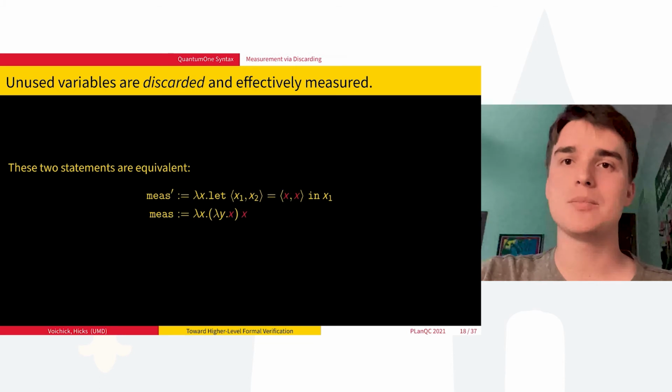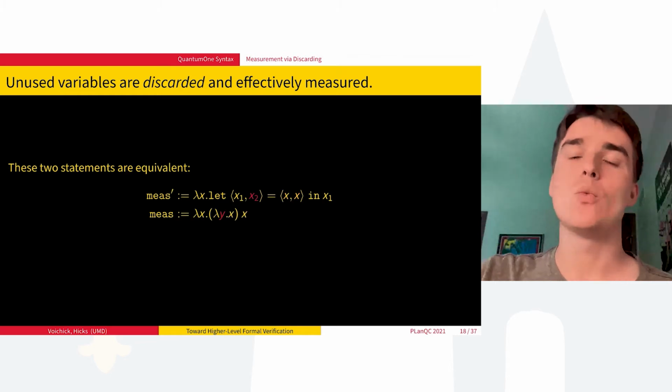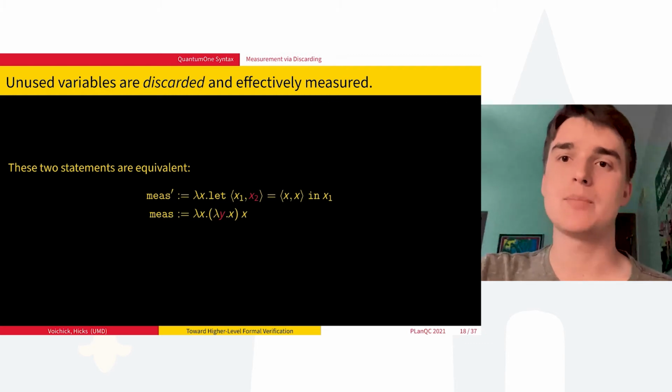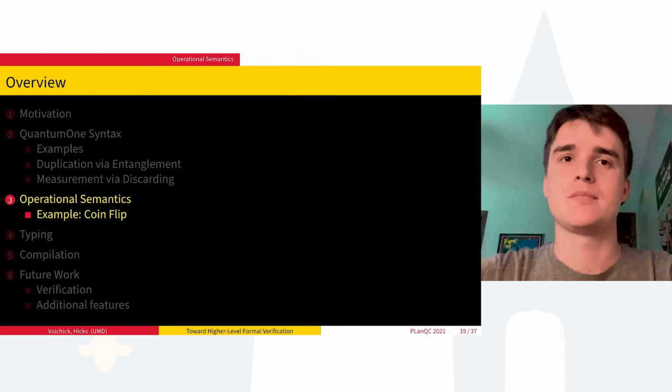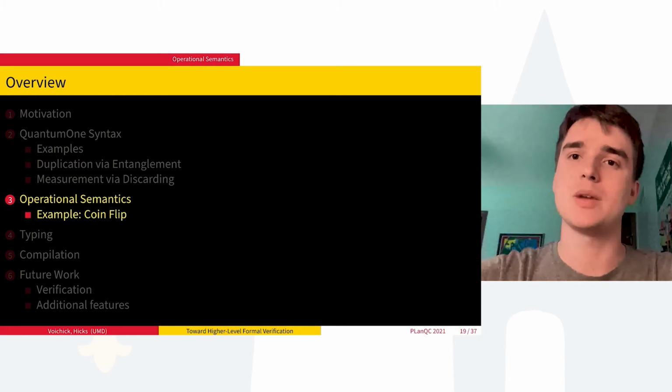So this causes the variable x to be measured. The second example is very similar. It works in a slightly different way. The variable x is still duplicated because it's used in a nonlinear way, and then y is not used. And so one of those two copies is discarded and the variable x is measured. Some of this duplication and discarding may make more sense when we get into the operational semantics of the language,